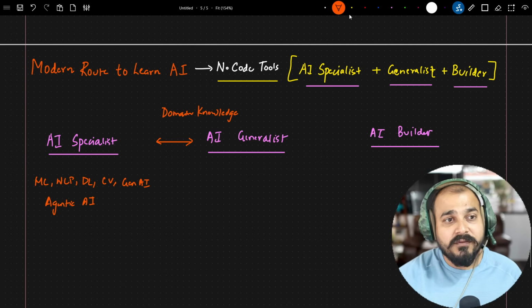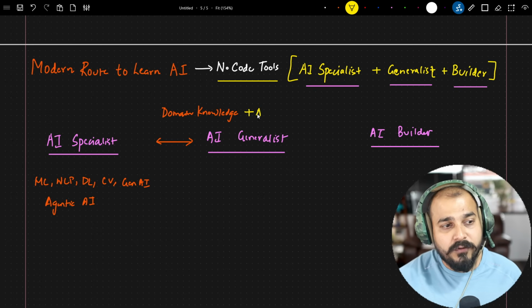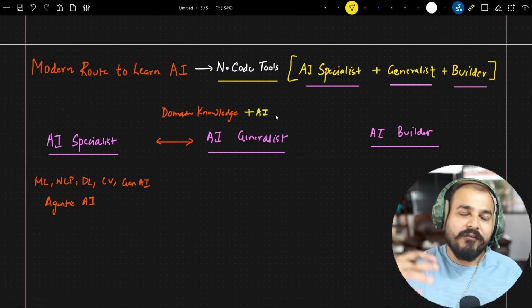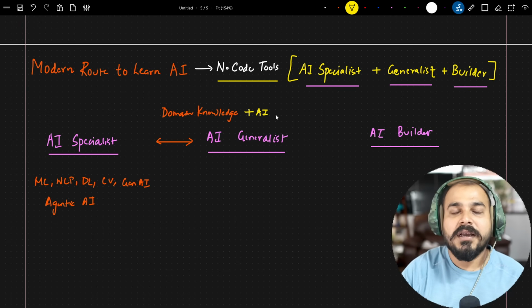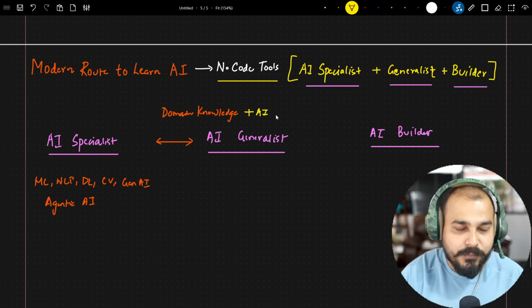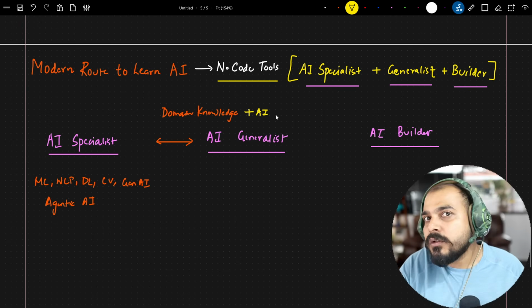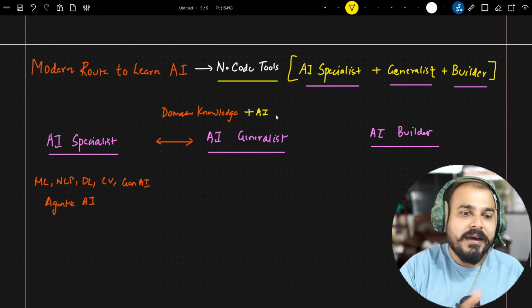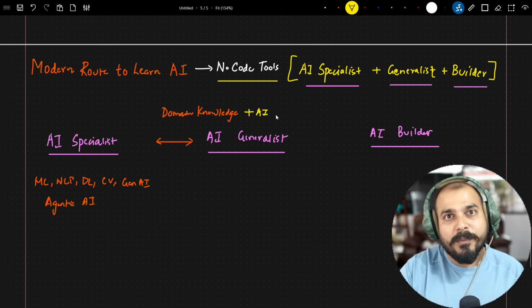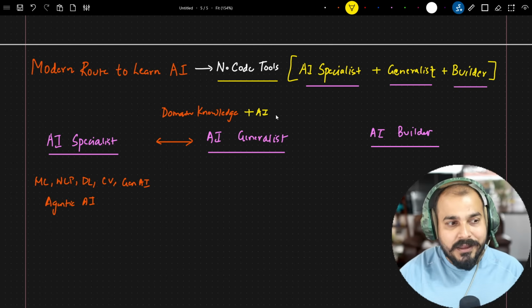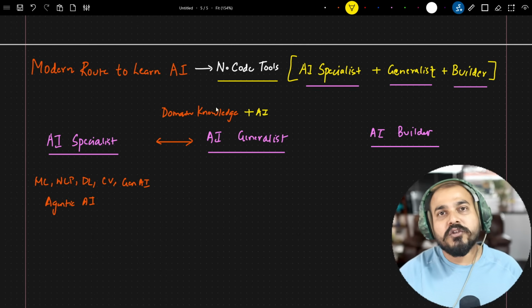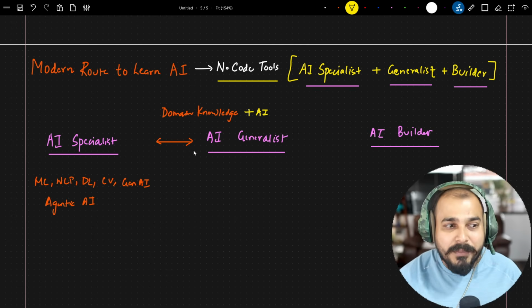If those people really want to use AI, before I used to tell them, okay, you have to follow a specific path. In that path, you need to learn about coding for some time, then move towards understanding different frameworks, and then see how you can use your domain knowledge by integrating all these things and developing applications. Now, AI is evolving so much, right? Even people coming from any kind of background can become an AI generalist.